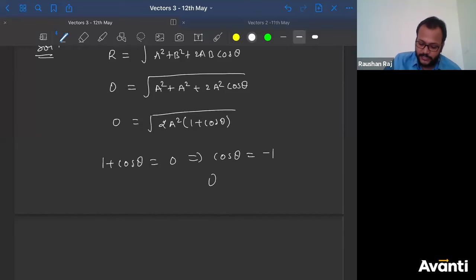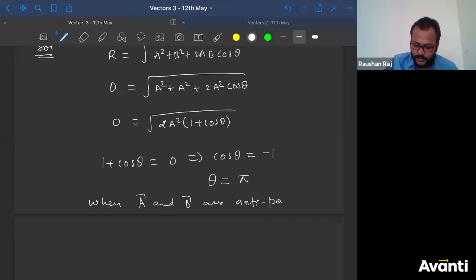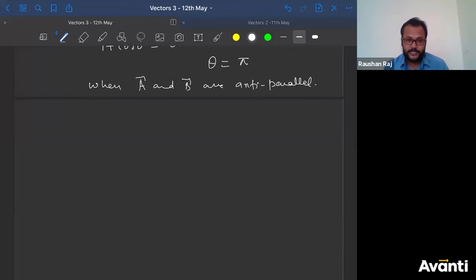When we are getting cos theta as minus 1, then theta is equal to pi or 3 pi or 5 pi. What is the meaning of when theta is pi? That means A and B are anti-parallel. So what inference do you draw from here? What is the conclusion that we have to make from here? So the conclusion is